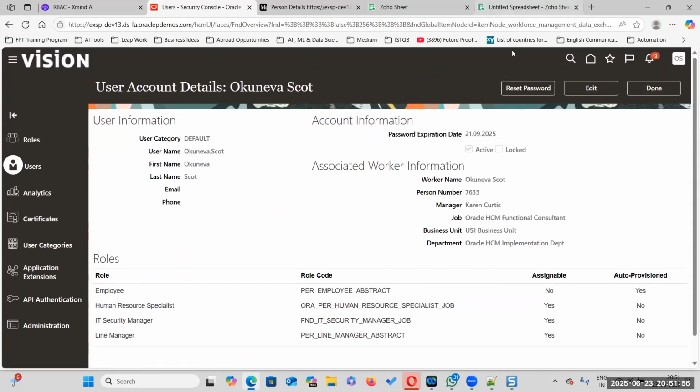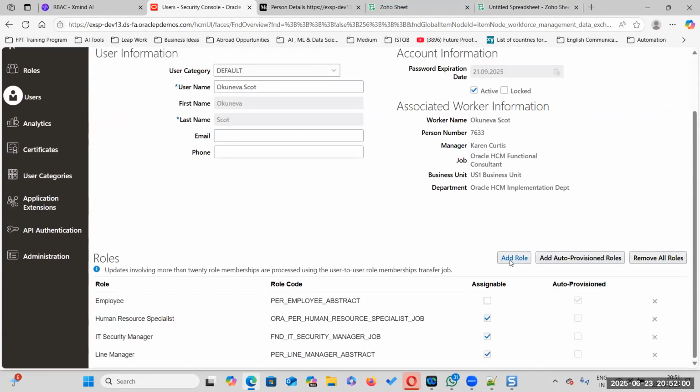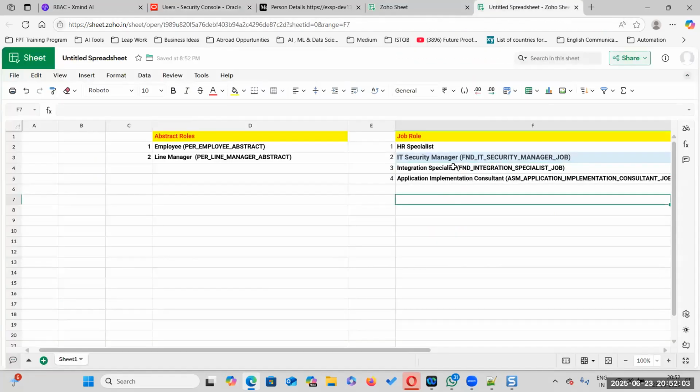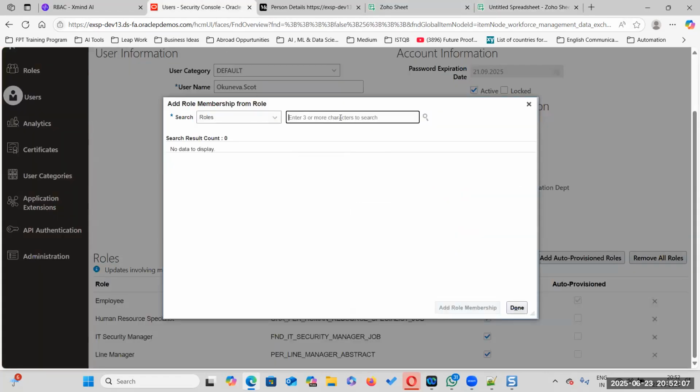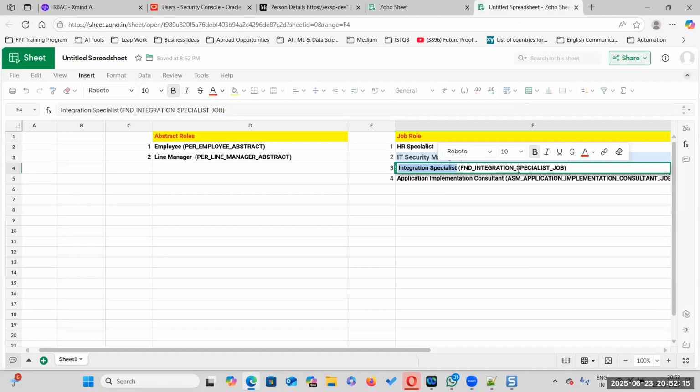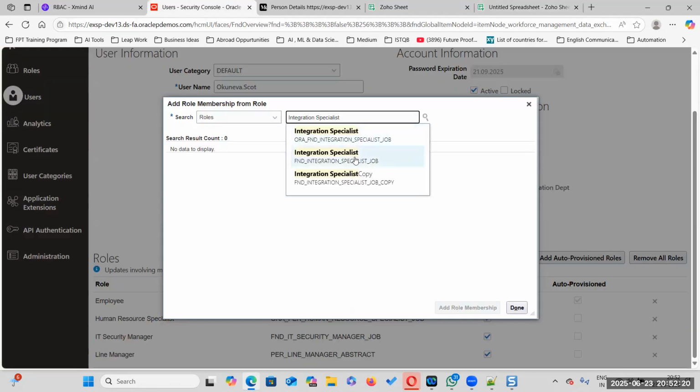Now click on edit, click on add role. Search for integration specialist. FND integration specialist job. This is matching, right? Search for this one.